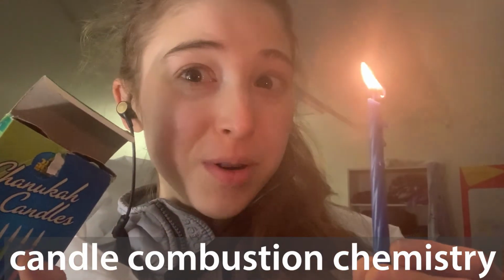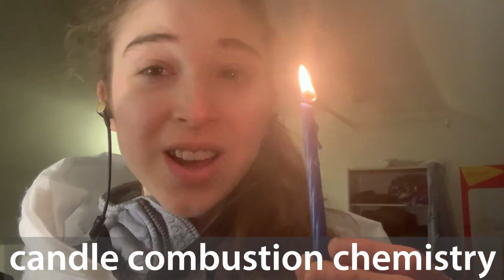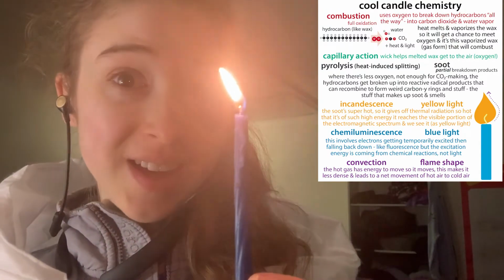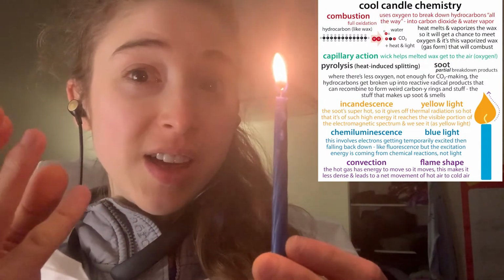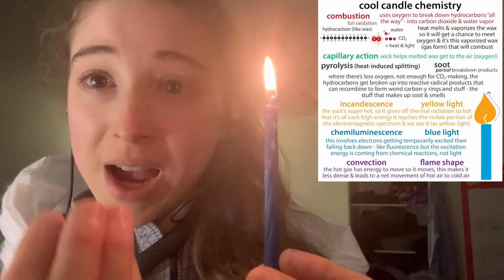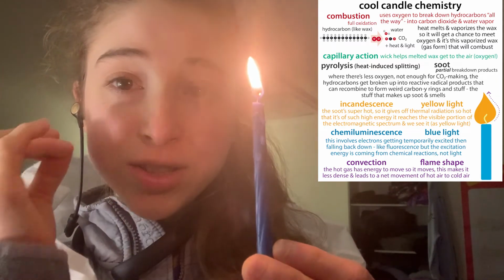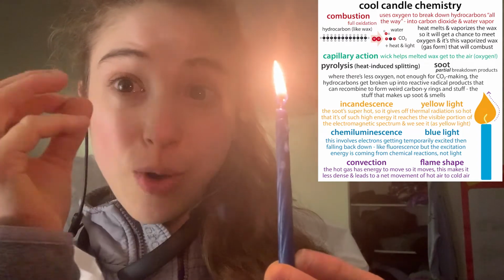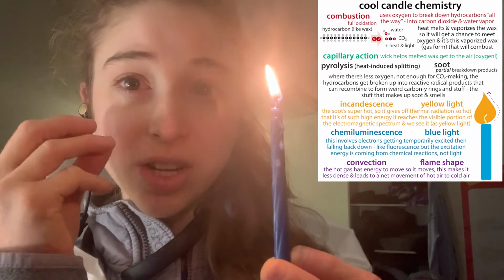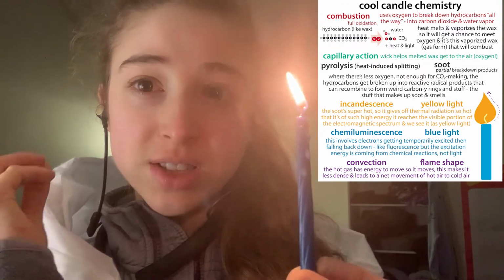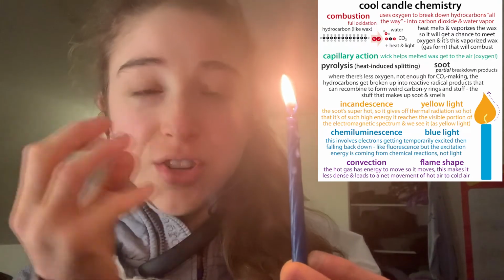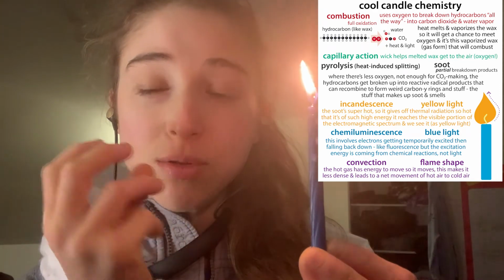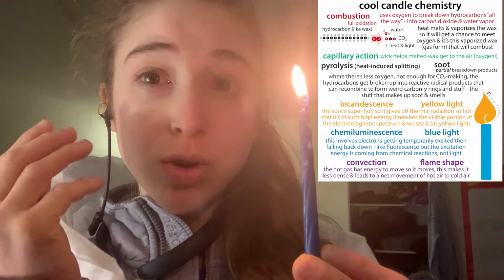The season for cool candle combustion chemistry. So there's a lot of cool science happening inside a candle. We're talking everything from physical changes, the wax melting and vaporizing, so turning into a gas, and then chemical changes, those gaseous wax molecules reacting with oxygen in the combustion reaction, which is like this complete oxidation where you're taking a hydrocarbon, so something with carbons and hydrogens, like these wax molecules, and you're breaking them down into carbon dioxide